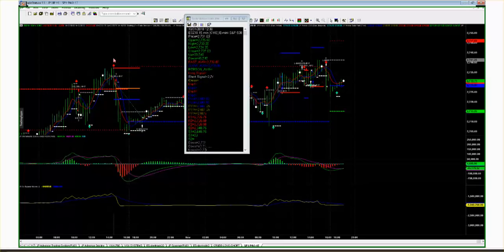As we get later in the afternoon, at 2:30, what do we have? A 12-handle range. That's $600 in one single 15-minute bar. Now, let me repeat myself. 12 points in a 15-minute bar. A year ago, the whole day was 9 handles. A handle means a point. There are 4 ticks to a point.